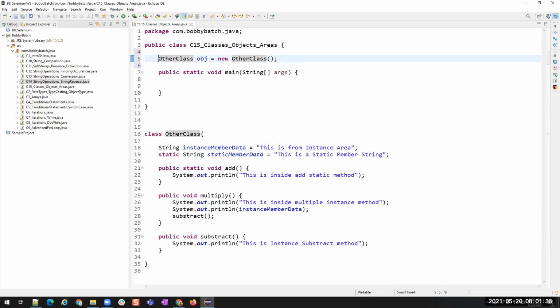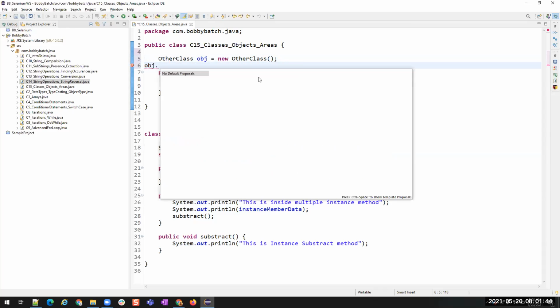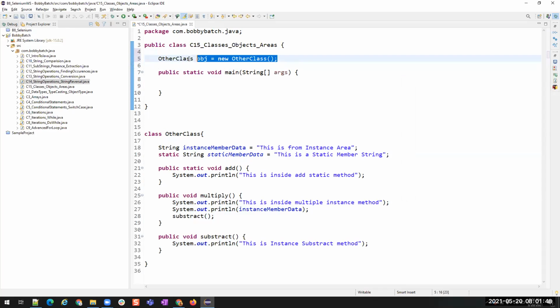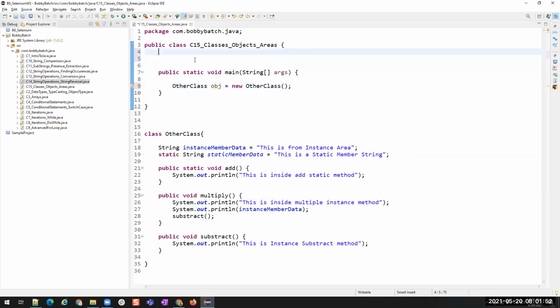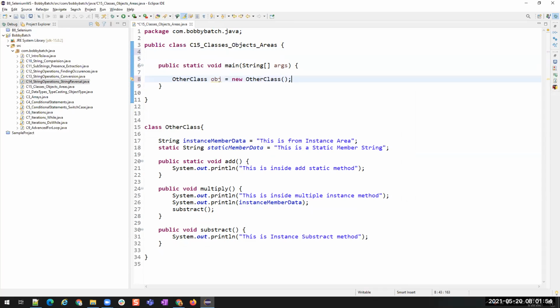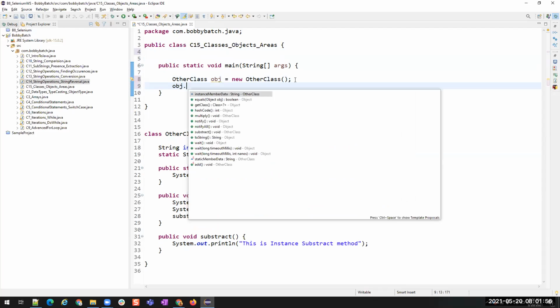Now, if I want to access this instance member data, I can use obj dot. I wrote it inside the class, but that should be inside the method. Now if I use obj dot, do you see this instance member data?